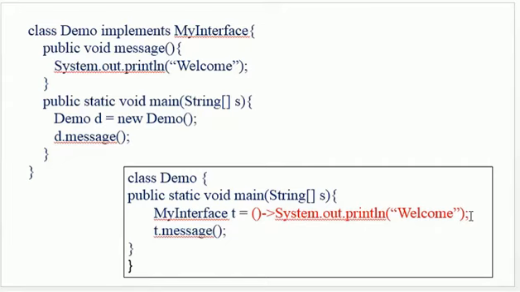Why? Because my interface is having only single method. So whatever description I want to give here, the description will stand for only that method, because it has single method, and later on I can execute this method in this way. So you can easily see how we have reduced the lines of code over here. We have written the entire method in the form of an expression, and actually the purpose of this lecture is how to convert this thing into this lambda expression.